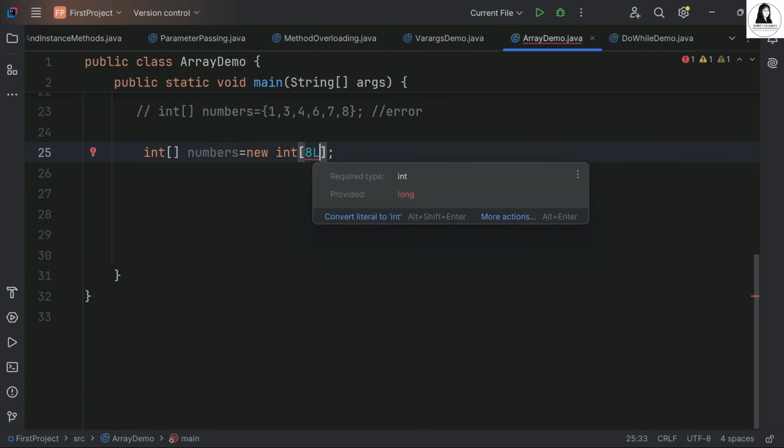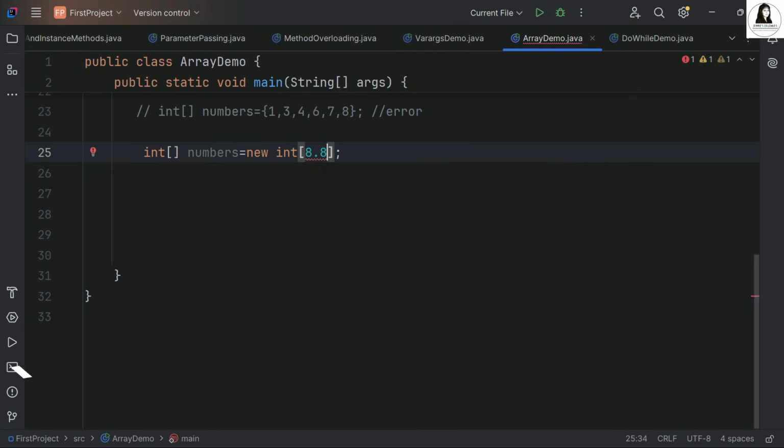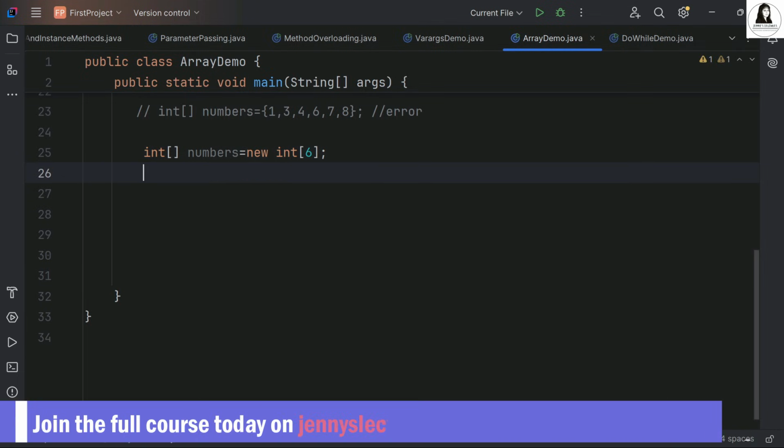Provided is long, required is int. So here you can have only int type, positive. No long, double, float, nothing else. 8.8, this will also give you error. You can have only int. So 6, 8, that is fine. Now, while accessing,